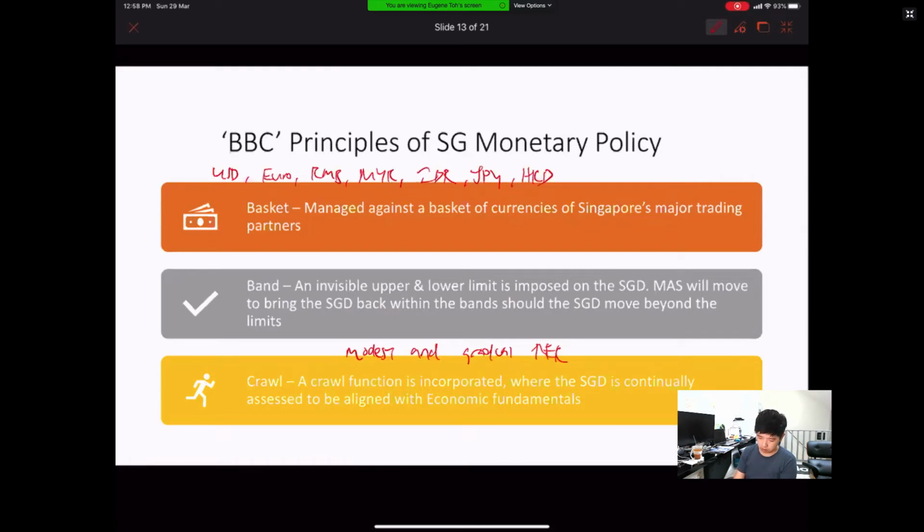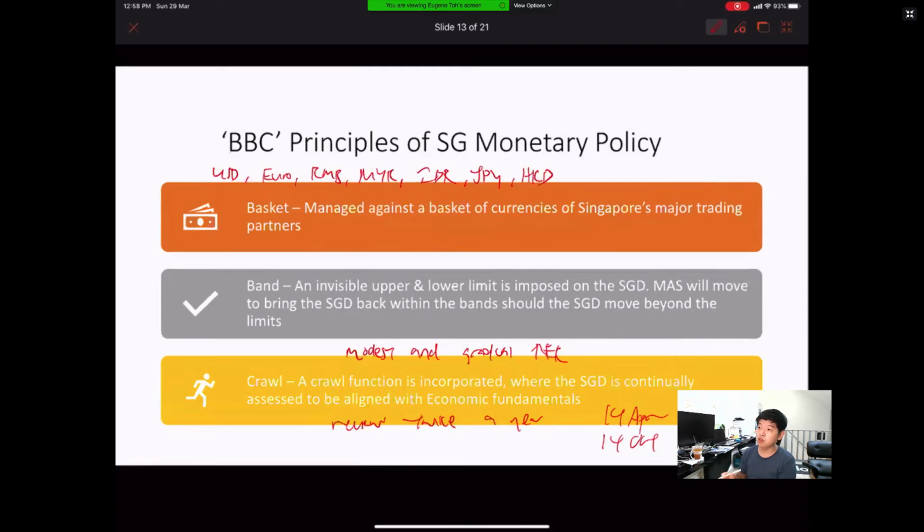We generally review this twice a year, to see whether this modest and gradual appreciation is still appropriate. Once on 14 April and once on 14 October. The dates don't differ much. Most of the time it's on these two days, and if it happens to fall on a Saturday or Sunday, it will be brought forward to the 15th, 16th or 13th. Alright, so